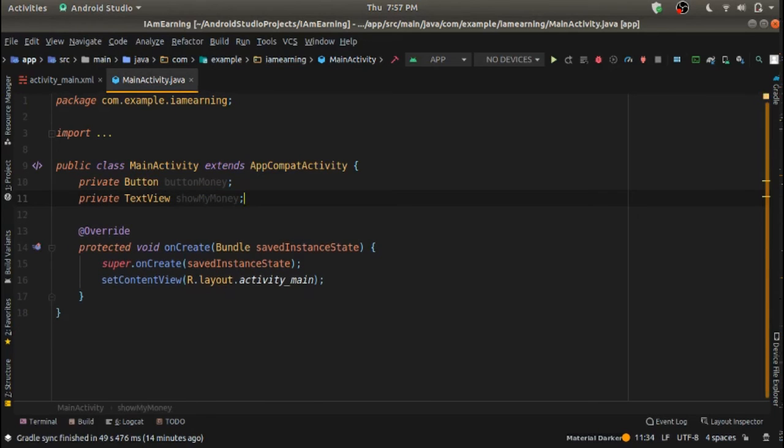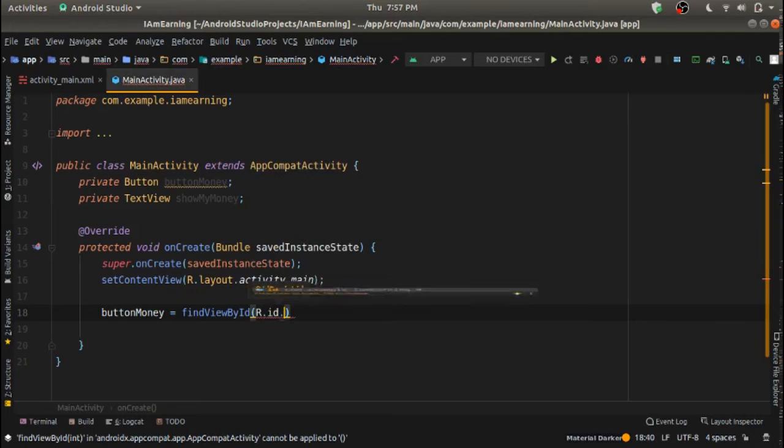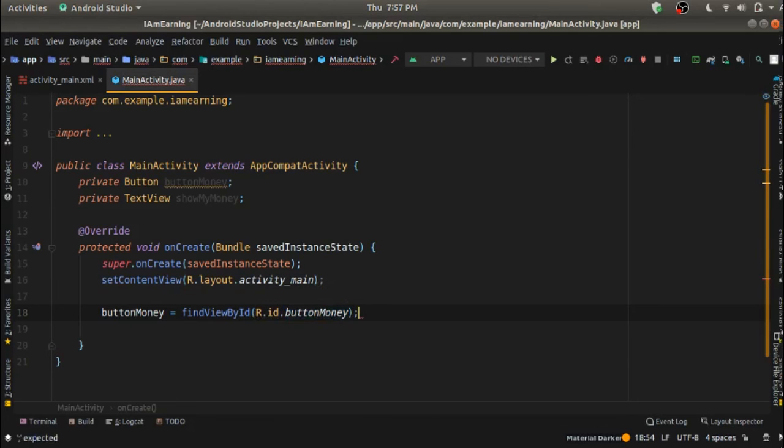Alright, go inside onCreate. Below this, let's type: instantiate this button money equal to findViewById(R.id.), see, you are getting that part, button money, hit enter, semicolon.